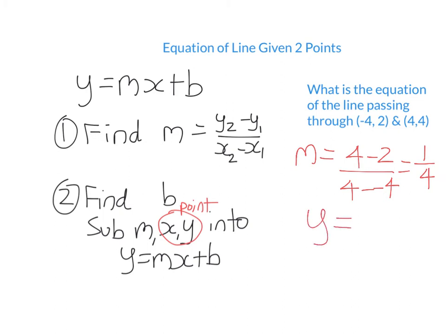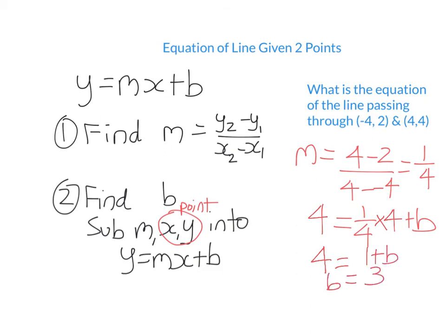So now what I do is I take my equation y equals mx plus b. I'm going to substitute m for a quarter, which I just calculated. And then I'm going to substitute x and y. So x and y come from one of the points. It doesn't matter which one. So in this case, 4 is easier because they're both positive. So I'm going to substitute x for 4, y for 4. So I get 4 equals 1 plus b, subtract 1 from both sides, b is 3. So my final equation is y equals